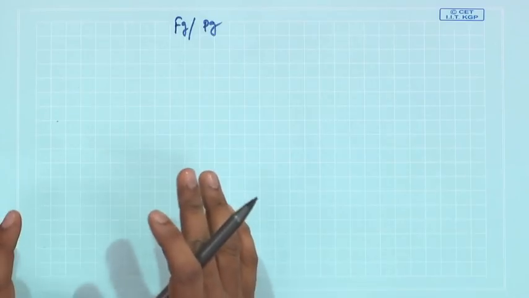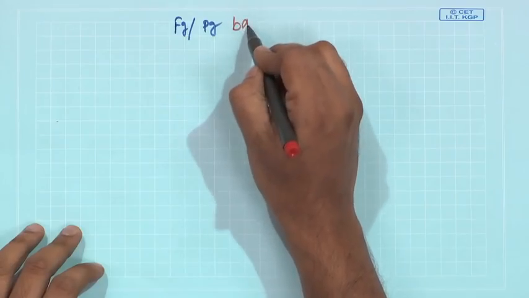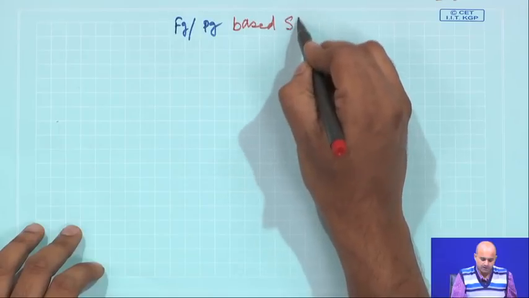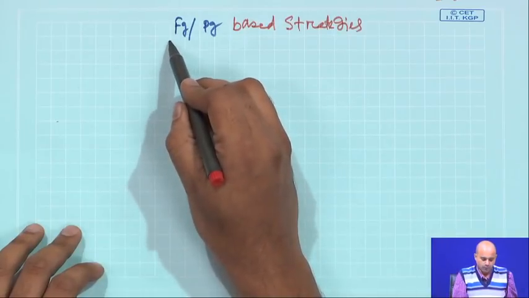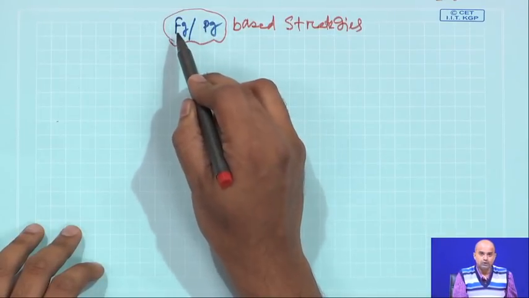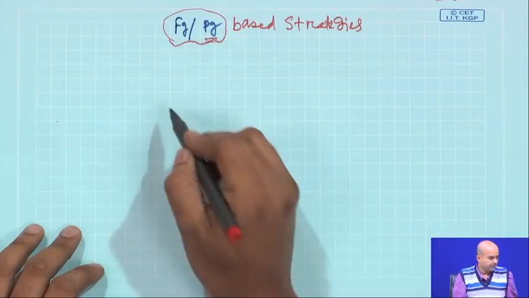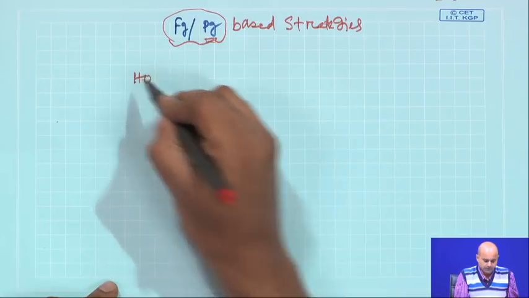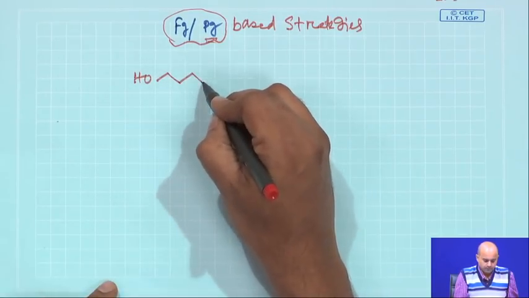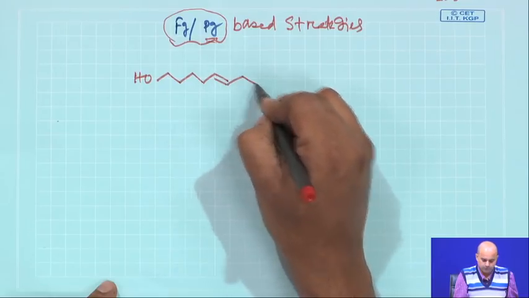So, students, welcome back. We are discussing several strategies, and our main focus is how you can use particular protecting group based strategies to functionally manipulate a given target molecule, and if the starting material is given, what your strategy should look like. We are focusing on functional group and PG based strategies. PG stands for protecting group. This particular lecture will emphasize a couple of problems which selectively deal with